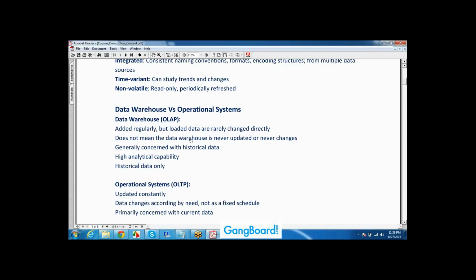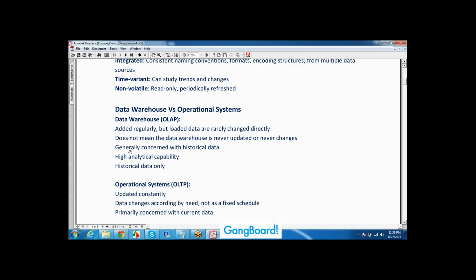It does not mean that data warehouse never gets updated. It will get updates on a scheduled basis. It is generally concerned with historical data. When you take any loan from a bank, at that time they need to save your information for 10 years, 20 years, 30 years like that, since your EMI and tenure period are like that. Whereas for ATM transactions, they don't need to save for 20 years.